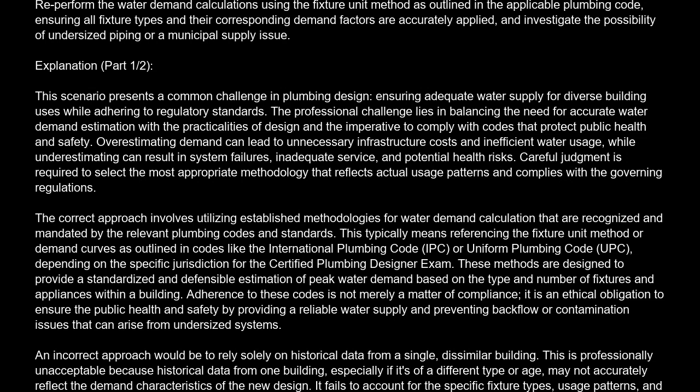The correct answer is C. Reperform the water demand calculations using the fixture unit method as outlined in the applicable plumbing code, ensuring all fixture types and their corresponding demand factors are accurately applied, and investigate the possibility of undersized piping or a municipal supply issue. Explanation. This scenario presents a common challenge in plumbing design, ensuring adequate water supply for diverse building uses while